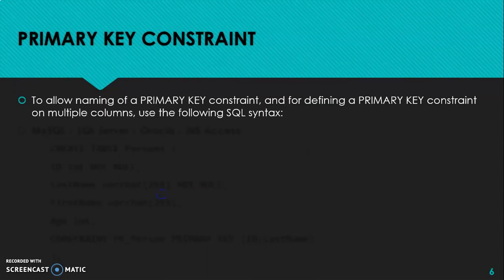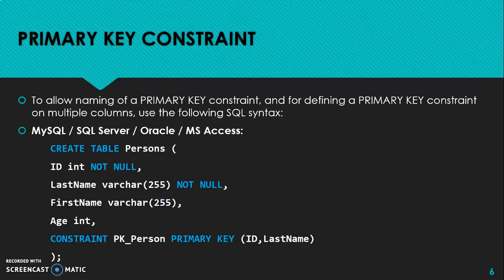Now to allow naming of a primary key constraint, or defining a primary key constraint on multiple columns, we can use the following syntax. Now this is the best way because it is supported by all the software, either it is MySQL, SQL Server, Oracle or MS Access. This is the best way to assign a primary key. Create table person, ID of type integer not null, last name varchar 255 not null, first name varchar 255, age of type integer. Then use the keyword CONSTRAINT,